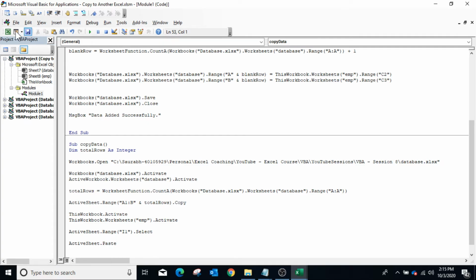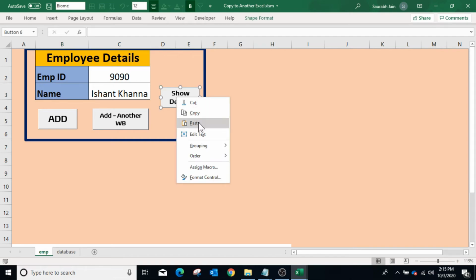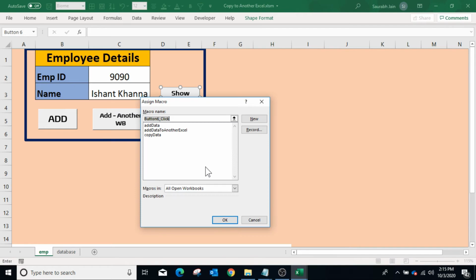Go to the Excel sheet and in the third button attach the newly created macro. So right click and select assign macro. Select copy data macro. Click OK.